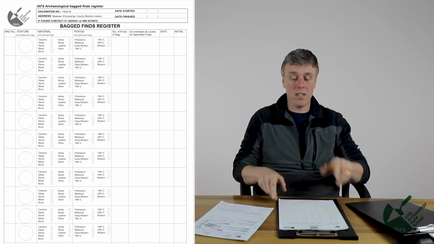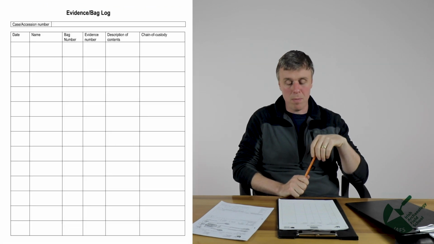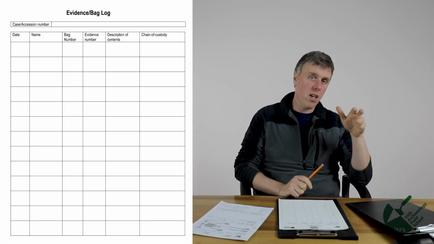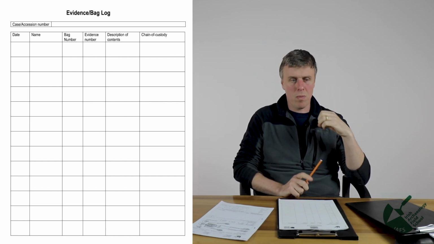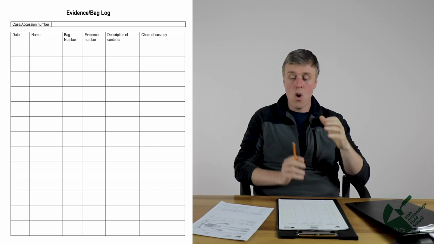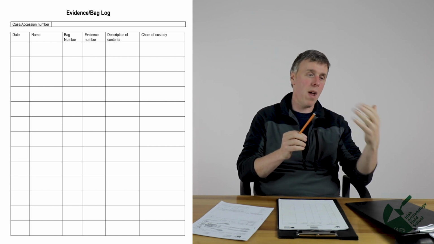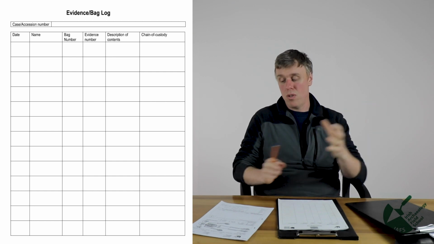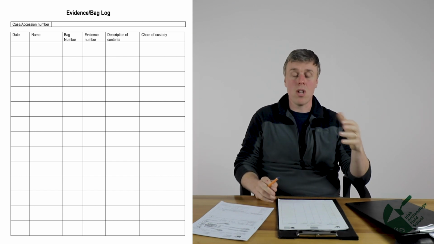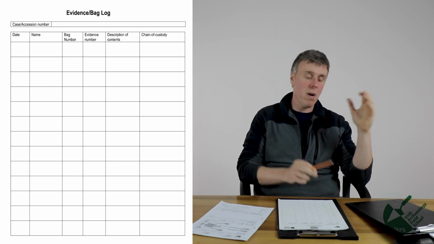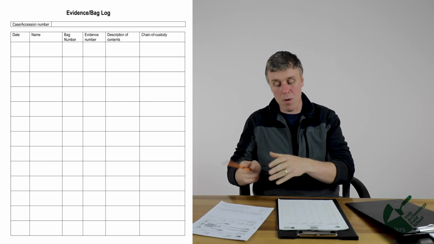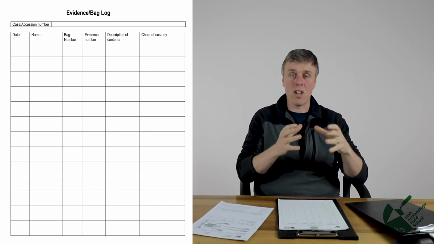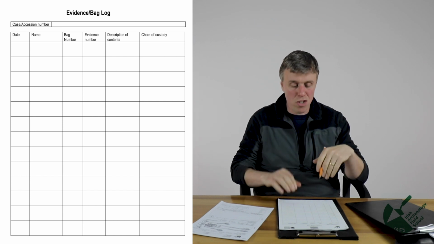But you'll notice for a forensic setting, it is almost identical to an evidence or bag log, which is popping up beside me now. It is worth saying that archaeologists are frequently called in to do the excavation of forensic anthropology cases. This is something that Dr. Linda Lynch will talk about a lot more. We effectively employ forensic level analysis to the excavation and documentation of human remains. So we might do it for different purposes. We might do it because we're looking at an historic population rather than a modern murder case or a modern population, but the processes are largely identical or are certainly very similar.